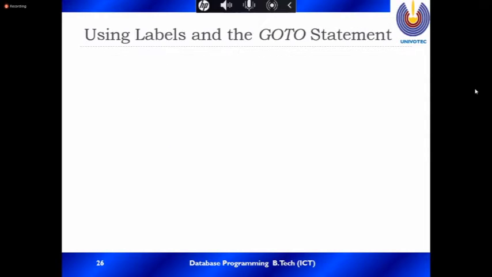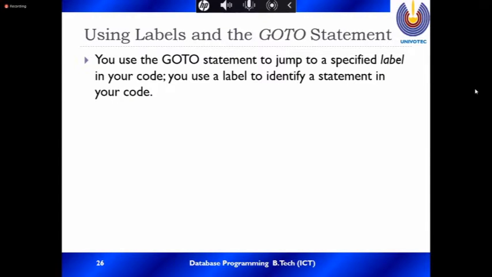Now they're using the label and the goto statement. You can use a label and jump your code from one place to another place. You put the label and goto that label.